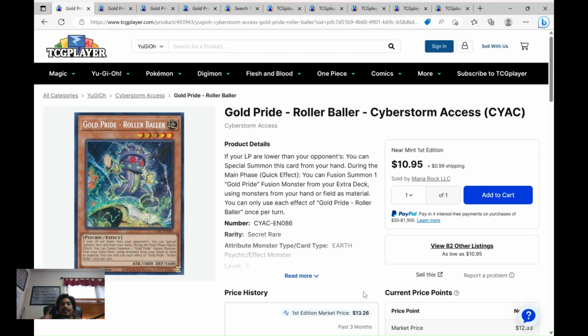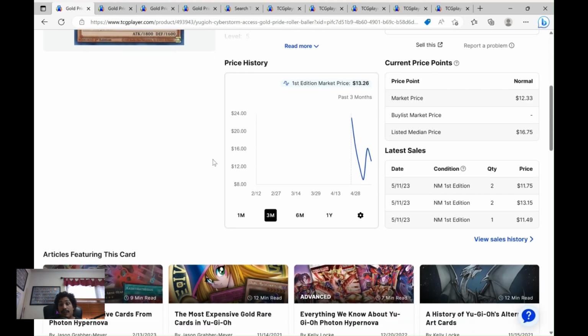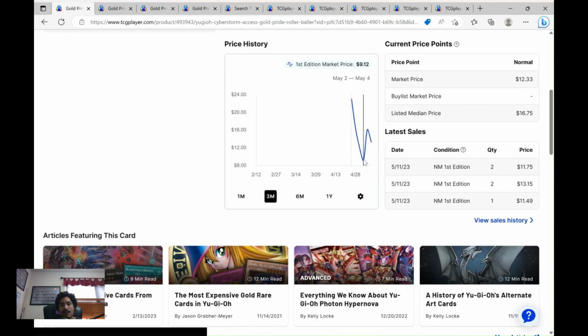Without further ado, let's get into the cards. We're obviously starting off here talking about Gold Pride Roller Baller. In all honesty, I am not too much into the Gold Pride really as a deck and an archetype. I'm not even 100% sure on it. You never know when these different archetypes kind of hit, but one thing I do know is that they are worth money. It did have a small crash after it got released, came up, now it's coming back down, but